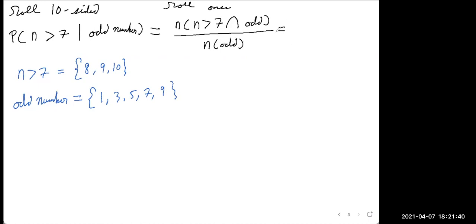Okay. Well, we've kind of done this. So what do they share? It looks like they share a 9. And that's it. That's all I see. So it would just be the number inside the set, 9. And then how many odds are there? 1, 2, 3, 4, 5. There are 5. So I think this would be 1/5.